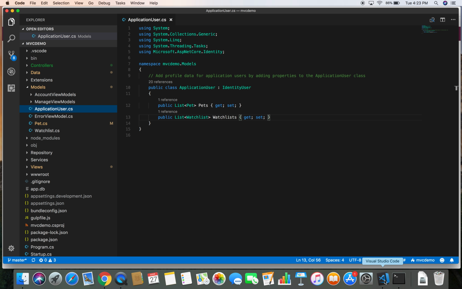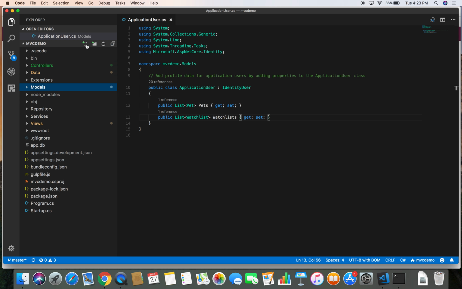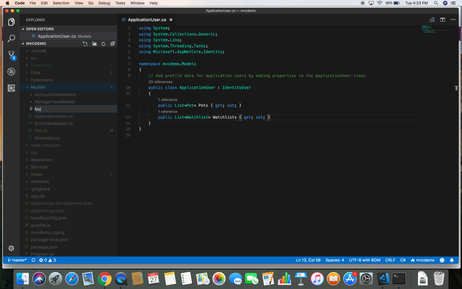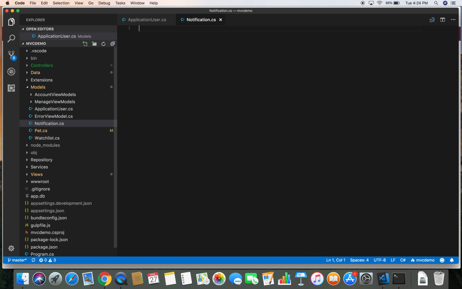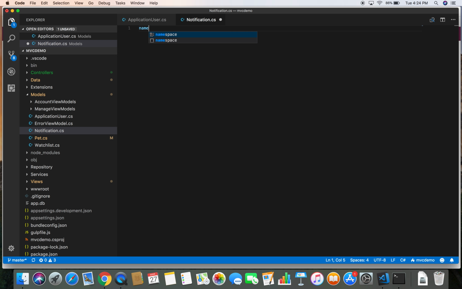So let's jump over to the code, and in the first place we are going to create a model to store our notification. So let's create a model class called notification.cs, and I'm going to copy this name here, and let's create a class namespace of mbcdemo.models, public class